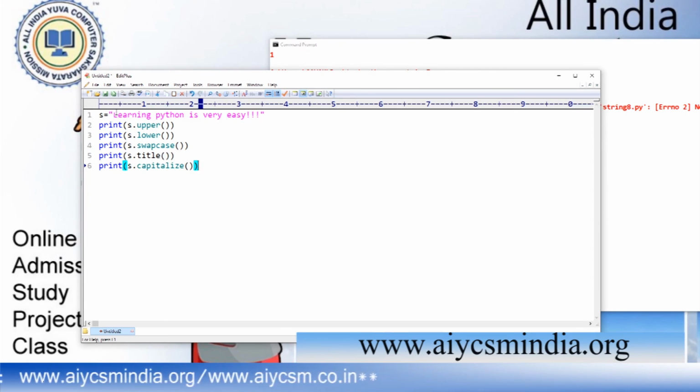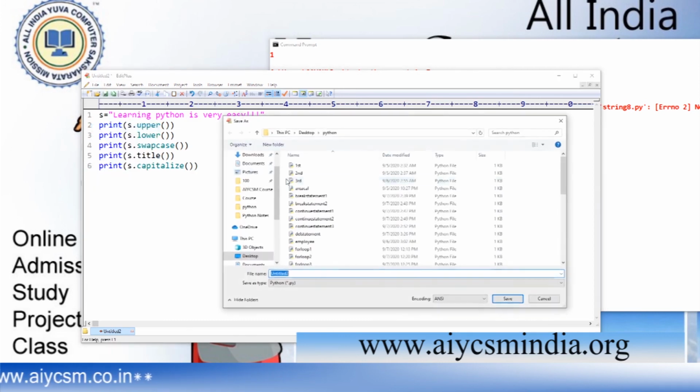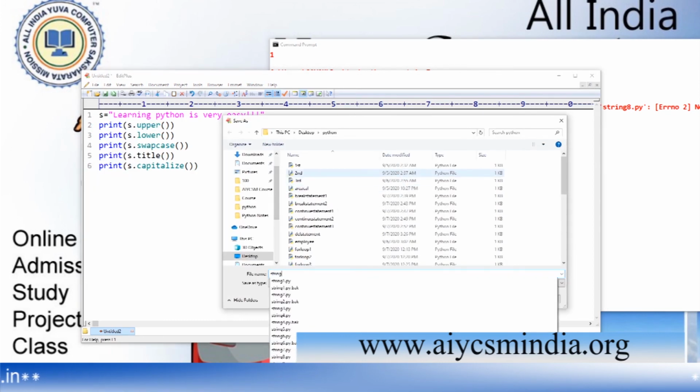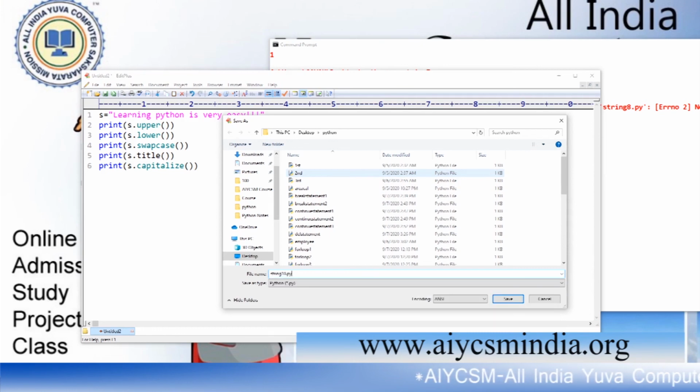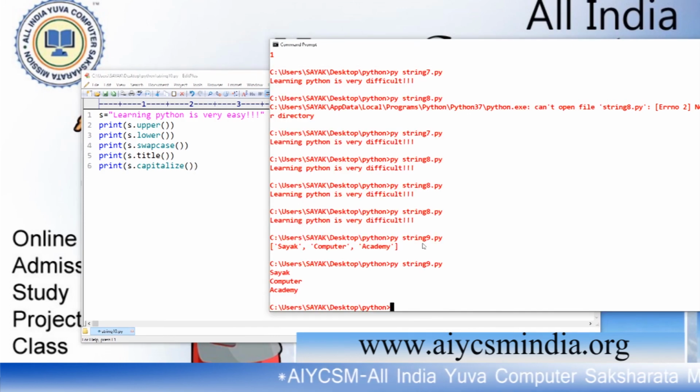This is actually a title case. So I have to save that one, string 10.py. Now I have to run it from there.